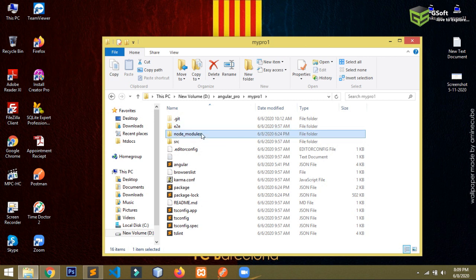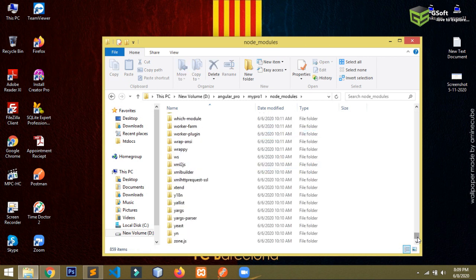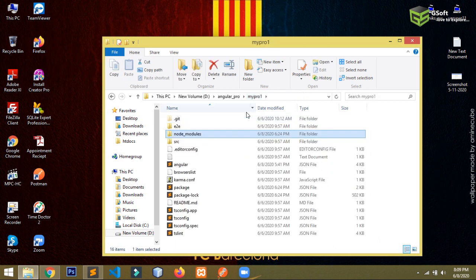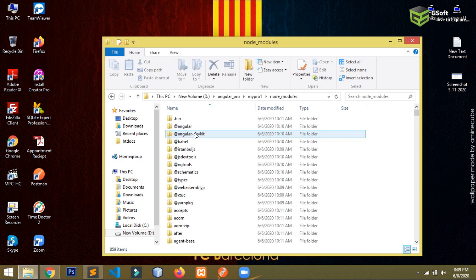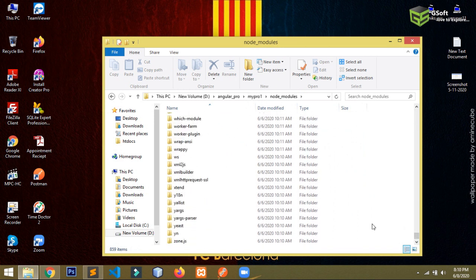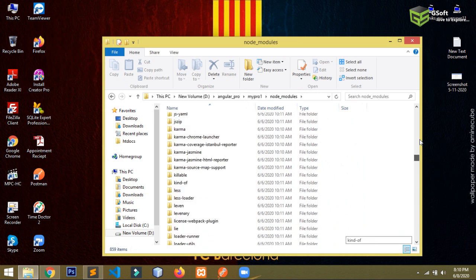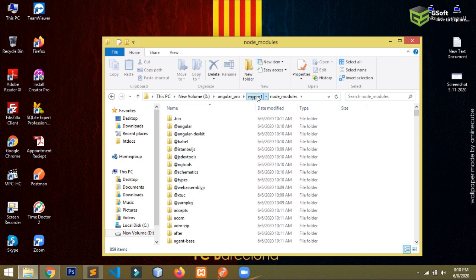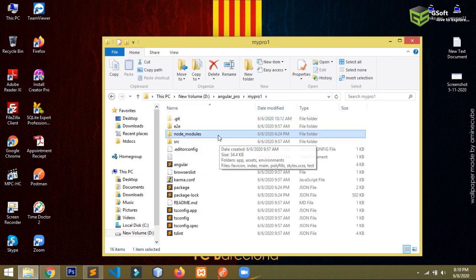These are the modules or packages which are installed inside your project folder. You can see here all these are default folders which are installed by npm. If you want to install any other dependency, package or module, that will be done using a command. Further in this video I will be showing you how to install Bootstrap, as I will require Bootstrap and jQuery in this project. So let me show you.